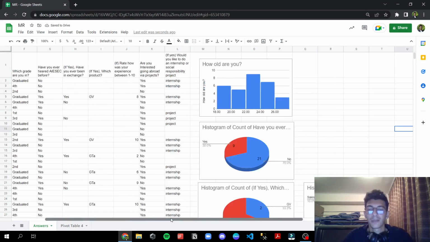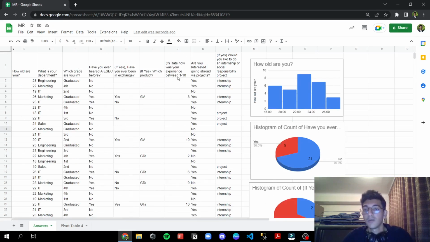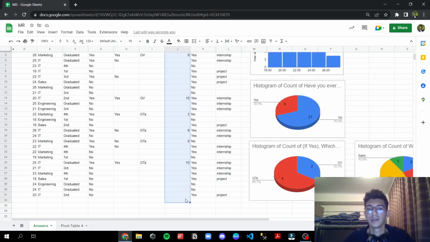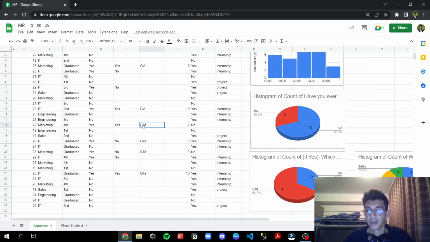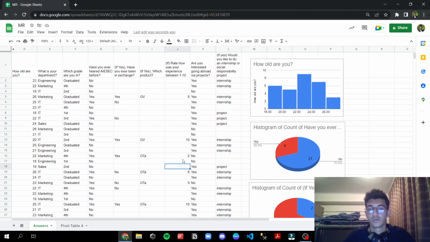Later, we have some more, like rate how your experience was between 1 to 10, if you have ever been on an exchange with this product. We can do the distribution based on GV or GTA or general things. So maybe if you have ever done something before, you can improve it by looking into the results. For example, you see that a guy from GTA gave a 2 point. Maybe if the amount of these 2, 3 points, 1 point, etc., the lowest points are so much in your data, you can make a specific analysis on them and specific strategies on them. So you can fix that